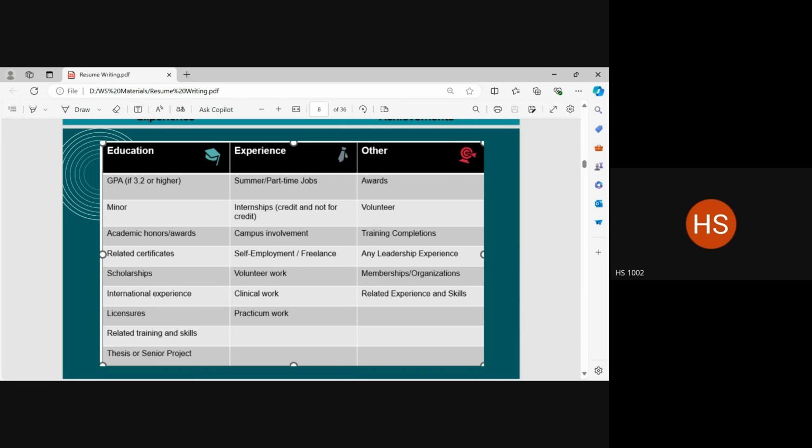A thesis or a senior project is that project which you do as a part of the completion of your degree. I had a senior project. In the final year of my integrated MA, I had to do a research project. That would be my thesis, my master's thesis. It can be relevant if I am applying for a position in higher education or a teaching position. Is that clear? Yes. Now, as data scientists, you can have two kinds of projects. Okay, I'm just pointing out a small difference here.